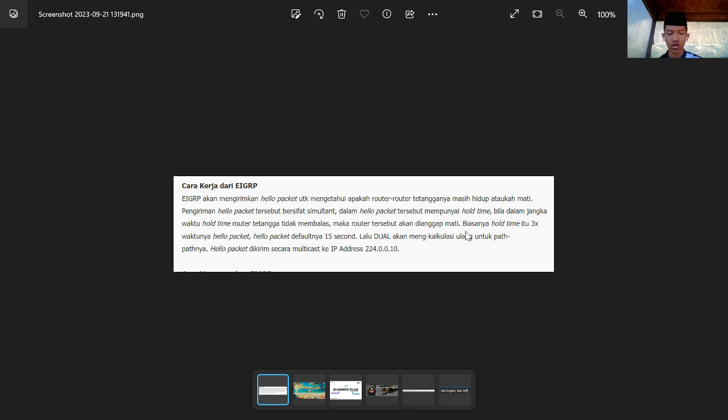So in the hello packet there is a hold time. When the neighbor router does not send within the hold time, that router will be considered dead. Usually hold time is 3 times the hello packet interval, by default 15 seconds.